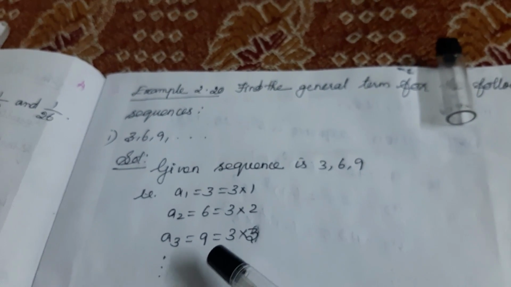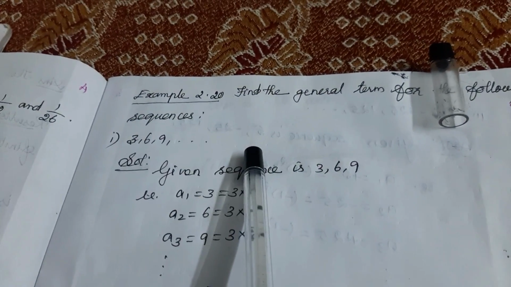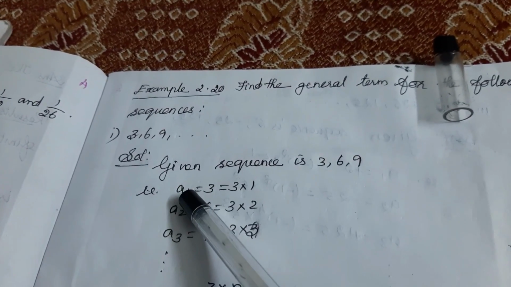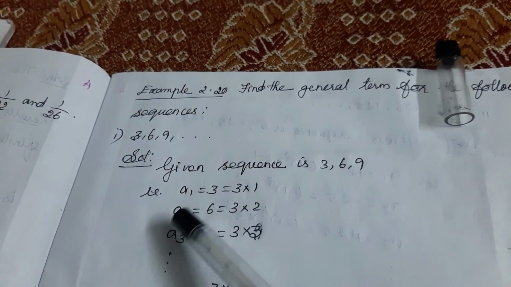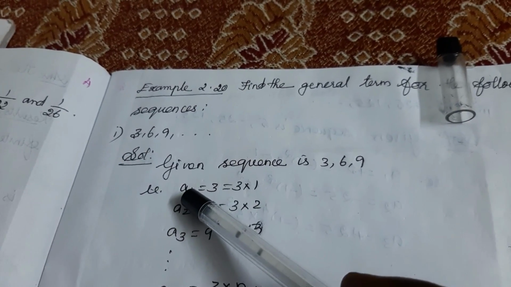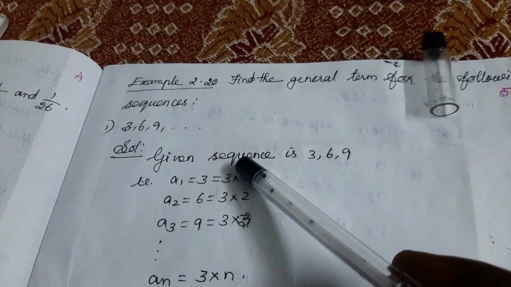First of all, using these 3 terms you make a pattern with the previous term, with the first term, or according to the number of the term. In any one order you make the pattern and find it. Make the pattern using the number of the term; it is easy to find the general term.